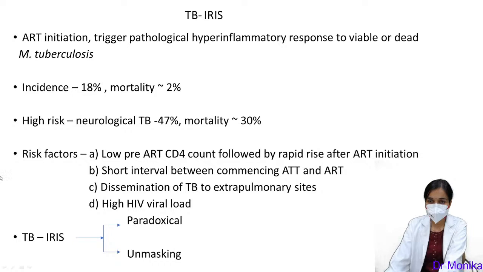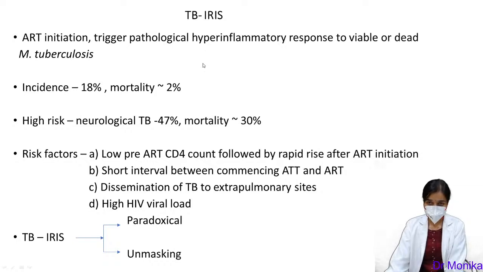Now coming to the important phenomenon, that is the tuberculosis immune reconstitution inflammatory syndrome. As we know, because of the initiation of ART, we are able to control many of the co-infections, including tuberculosis. However, ART initiation can trigger a pathological hyperinflammatory response to viable or dead Mycobacterium tuberculosis. As we know, there has been a global effort for enhancing the early initiation of ART, but still people are presenting with very low CD4 count and hence are more susceptible to this